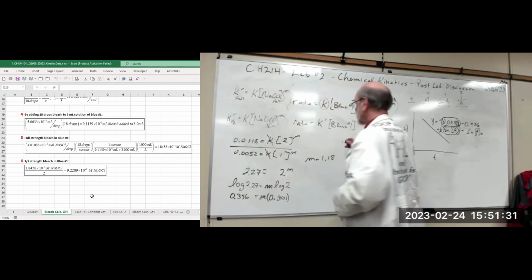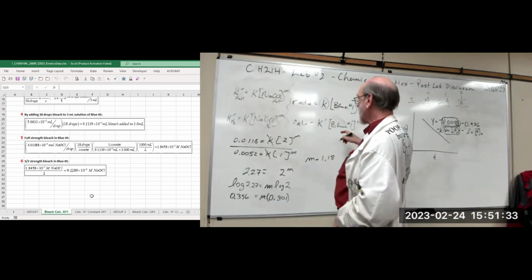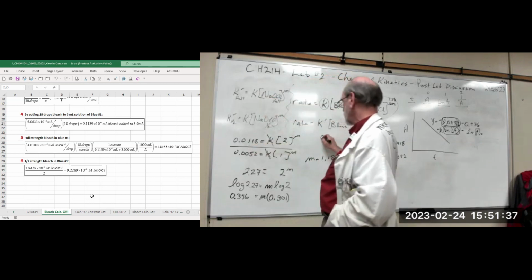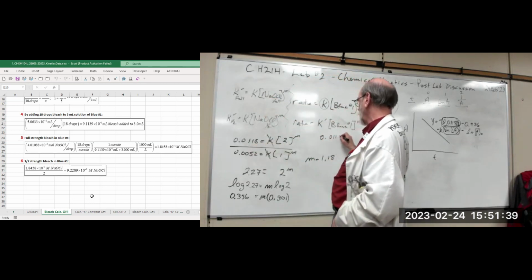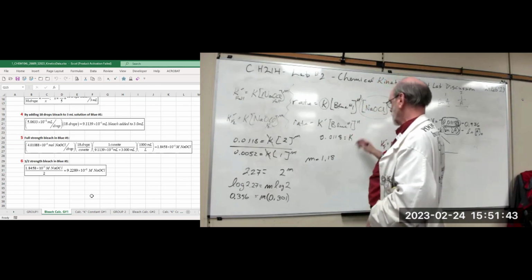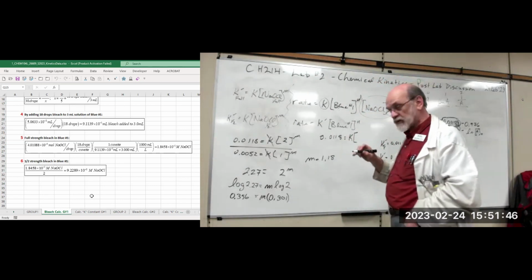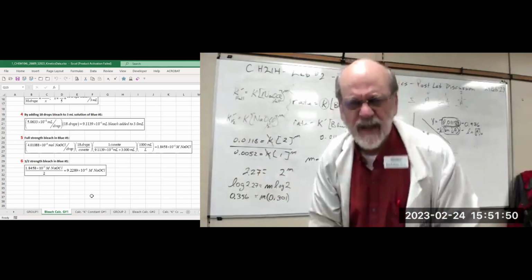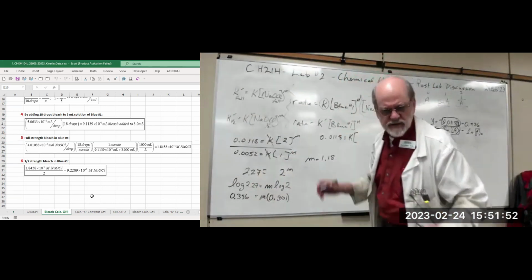So we can use either one of those. So we can say K prime for the first one is 0.0118 equals K, your unknown, times the concentration of sodium hypochlorite, the full strength, which is 1.846, let's say,